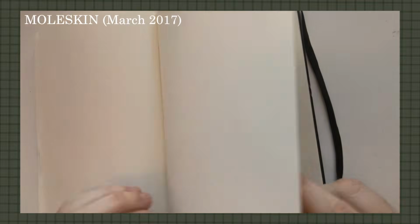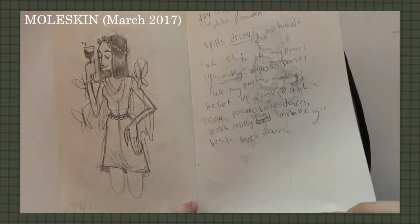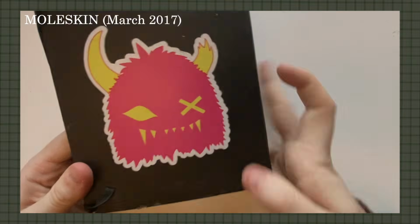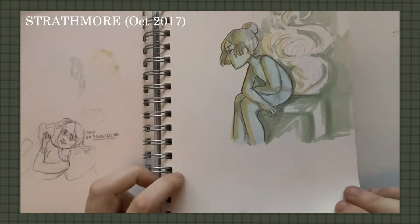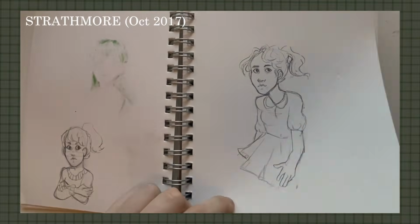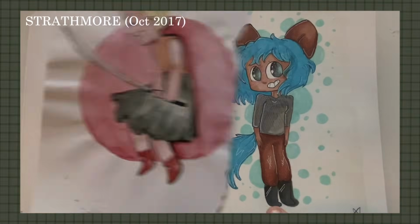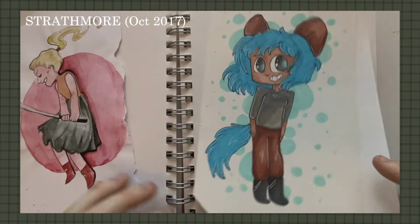I never use Moleskines now. I just hate them. I don't know why. I really hate Moleskines. I think it's like they're too thin or something. Like the paper is too thin and the aspect ratio is weird. Oh yeah, this is old. Lots of Copics here. This one is super old. That's from middle school, that drawing. I don't know how that got in there, but